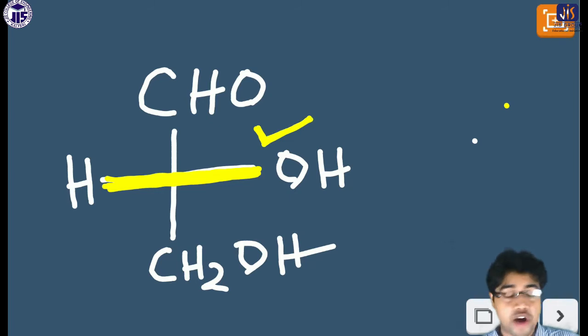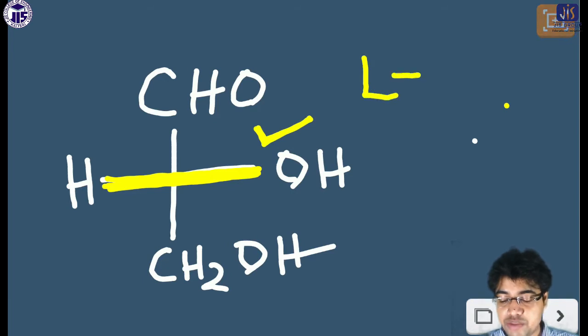Okay, how can you understand the most priority group? I told you from the point of view of the atomic number. So depending on which side the most priority group exists, in the horizontal direction, or x-axis, that side will give the nomenclature D or L. So what is the meaning of D and L?